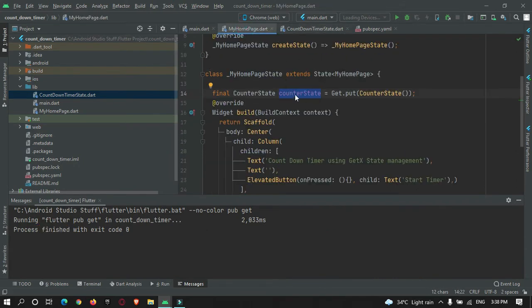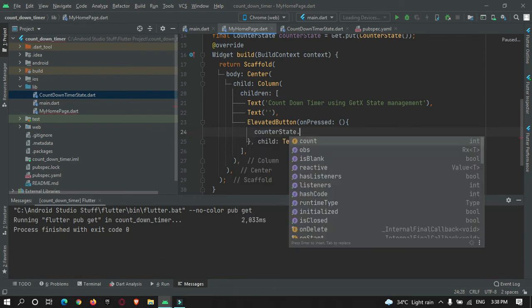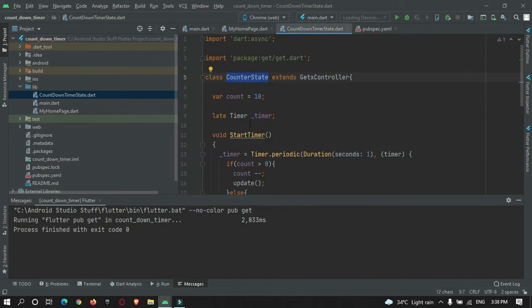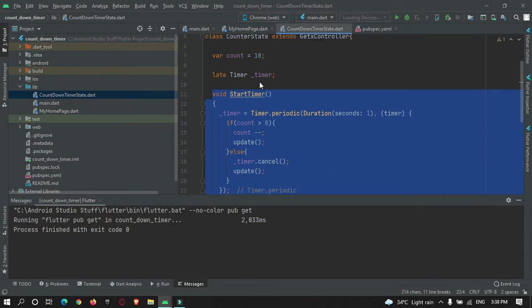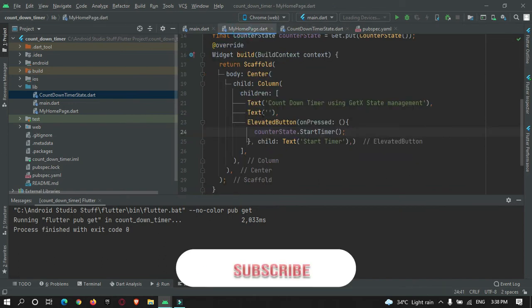To do that, first of all, counterState.startTimer. This will call this method and start our timer. Now, to keep observing this variable you need to use it in this text widget.